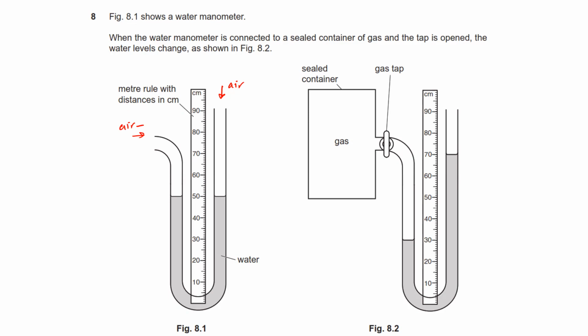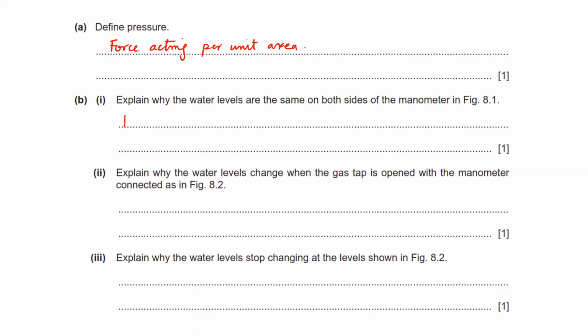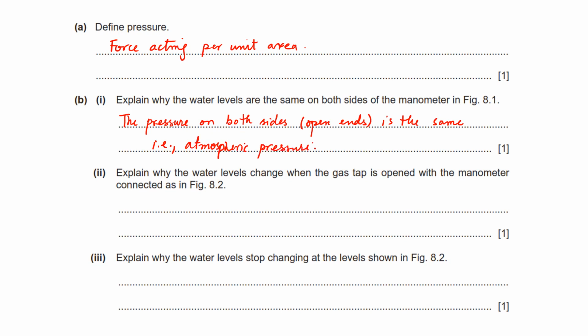Okay, so both sides have the same atmospheric pressure. The pressure on both open ends is the same, i.e. atmospheric pressure. Okay. Then it says, explain why water level changes when gas tap is opened with manometer connected in figure